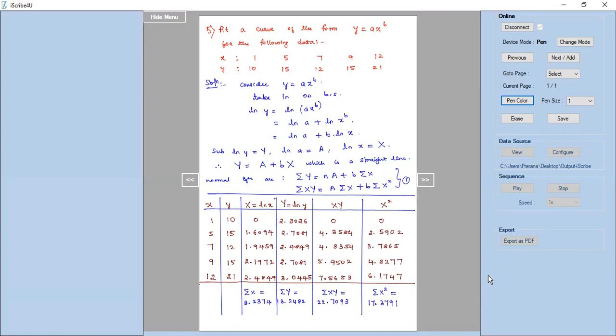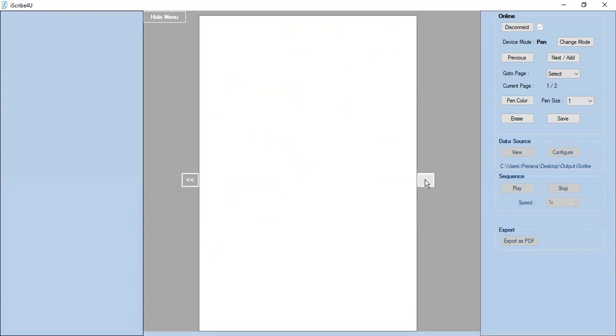Now, using all these summations, we will substitute into the normal equations and solve the system of equations simultaneously. What is the value of n here? N is the number of sets of data given for us. There are 5 sets of data given, so n is equal to 5 in this case. While substituting these values, we will take care of writing LHS to RHS, RHS to LHS, just for convenience. We will do that on the next page.